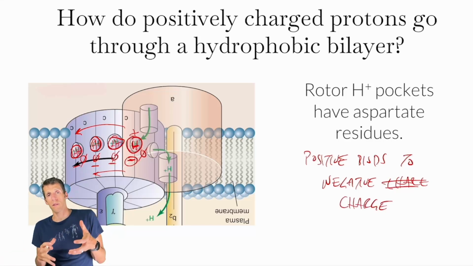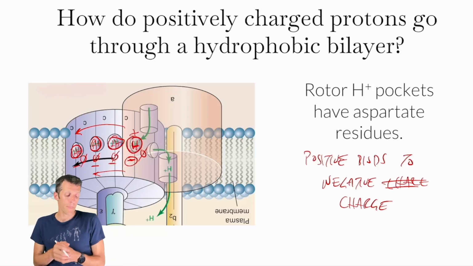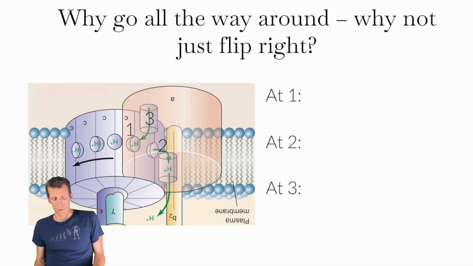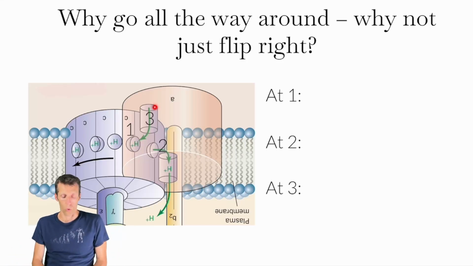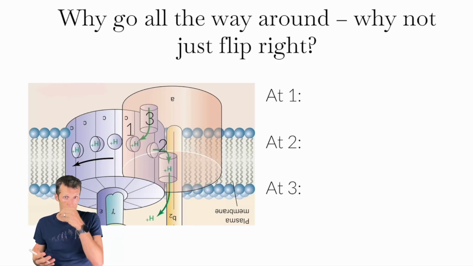So the negative and the positive together give you a neutral charge so that thing can enter the bilayer. Okay. Last question is why go to the left and not go to the right? So you can imagine a world where the proton comes in through here, and pops out through there. How do we avoid that happening? And it turns out it comes from this exact thing we were talking about with these negatively and positively charged